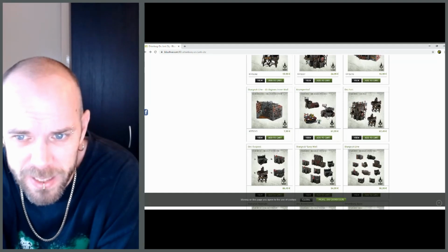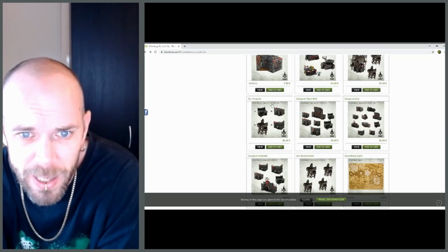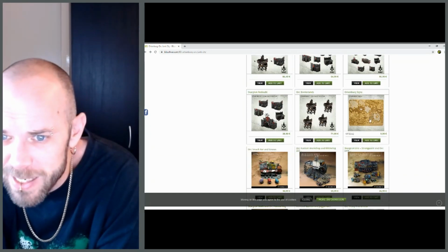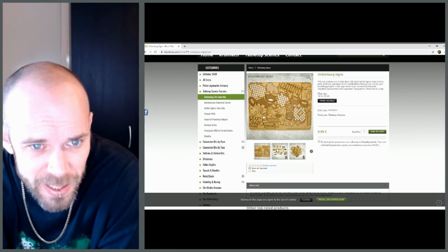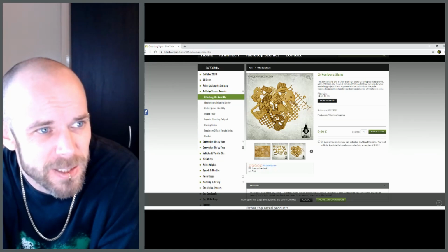And you can buy them in sets together. Krumpenhof, Orc Fort, Orc Outpost, Skargrug Heavy Wall, Skargrug Line. And then do little bits like this, like Orc Signs, just a sheet of all different Orc signs. So you get random bits of plating and stuff. It's good just to add to bits,